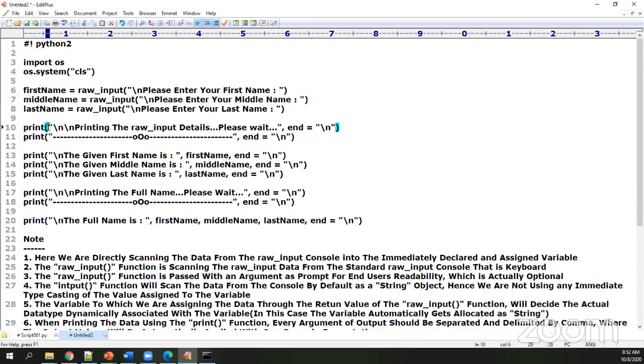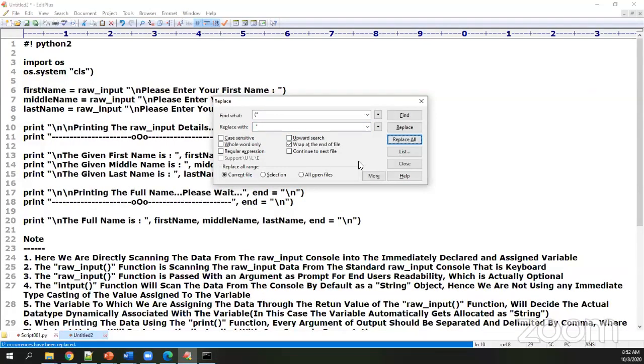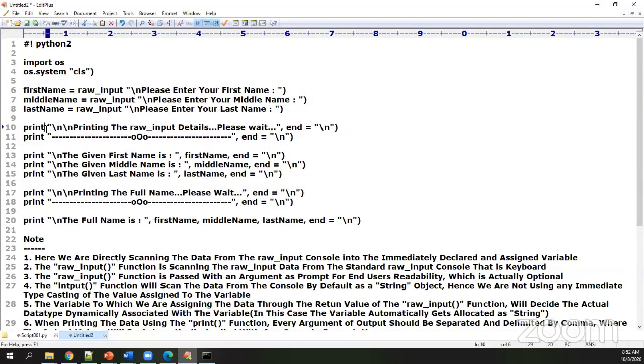Now, these prints, whatever you're having with you, which are having brackets, you're just trying to remove those brackets by keeping a space after that. Are you getting me?